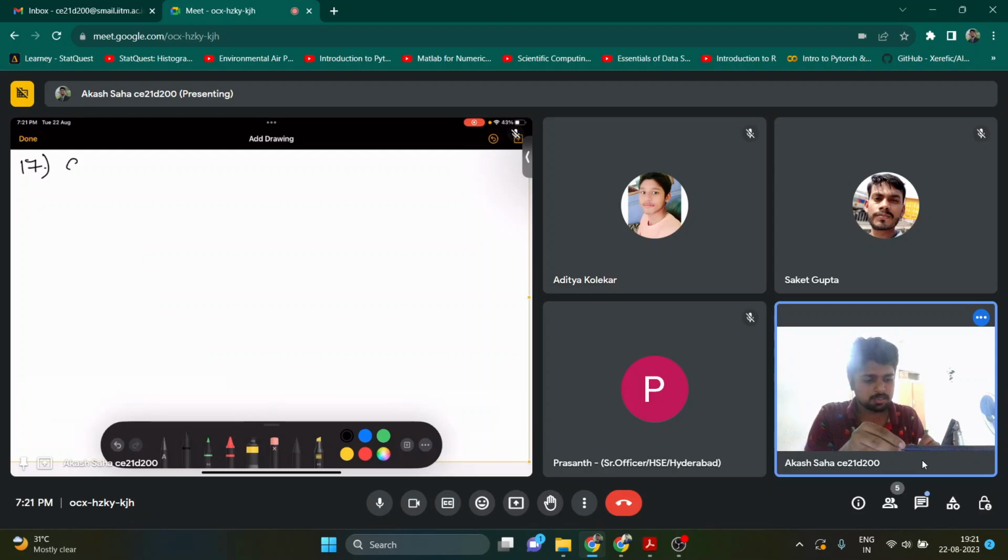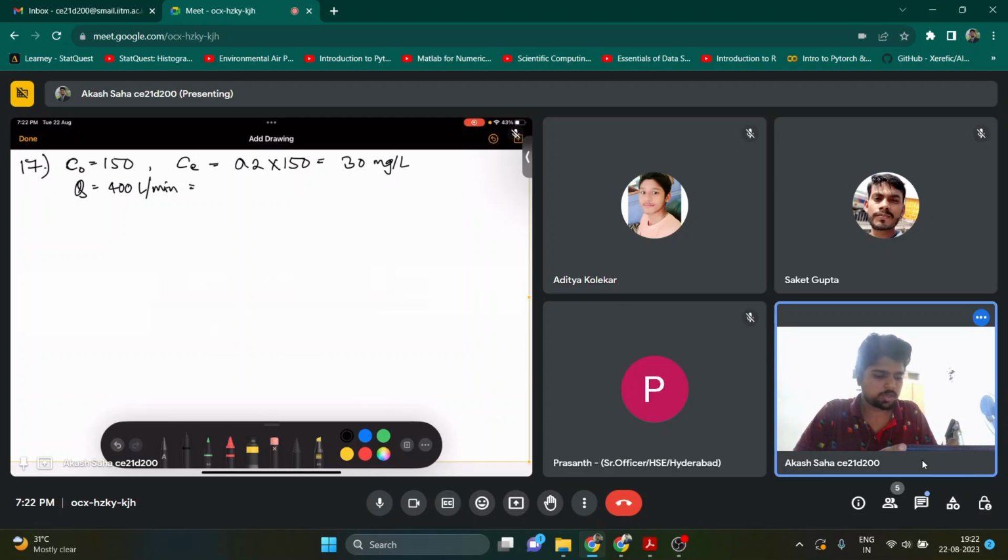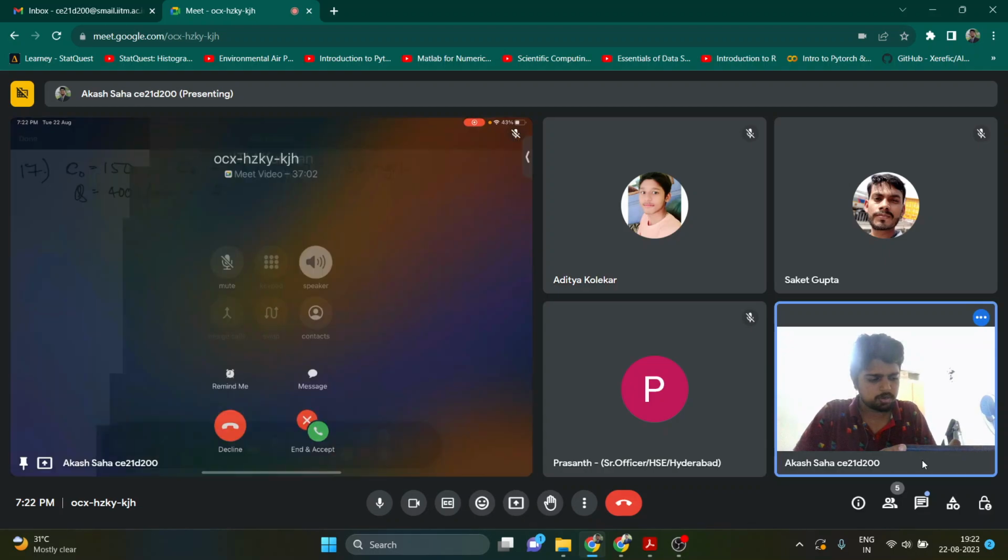So here the influent concentration C naught is 150, and we need 80% removal efficiency. So 80% removal efficiency means 20% will still be there. So 0.2 into 150 will be equal to 30 milligram per liter. And my Q is 400 liters per minute. So if I change it into hours, it will be